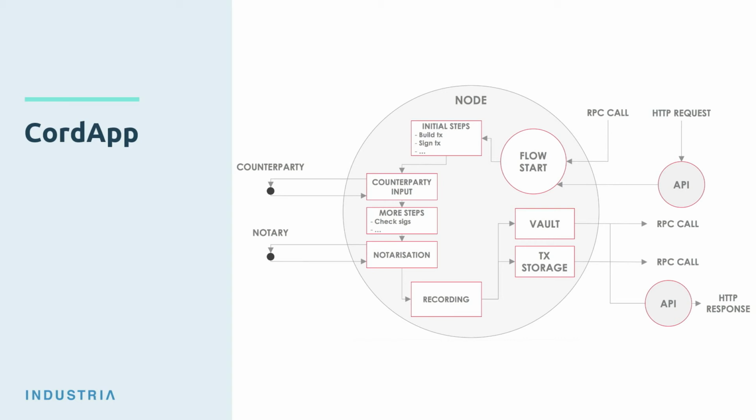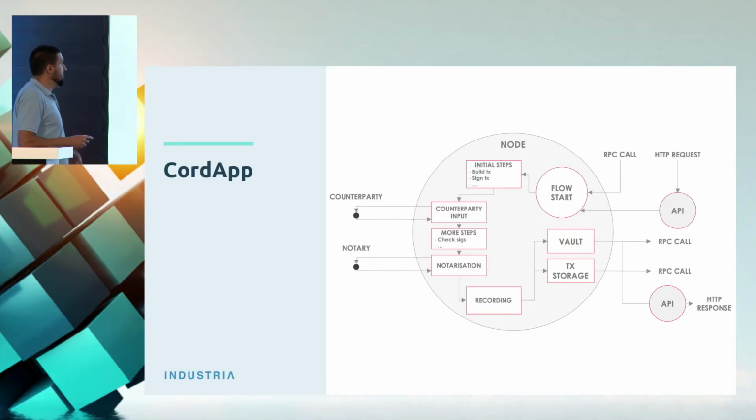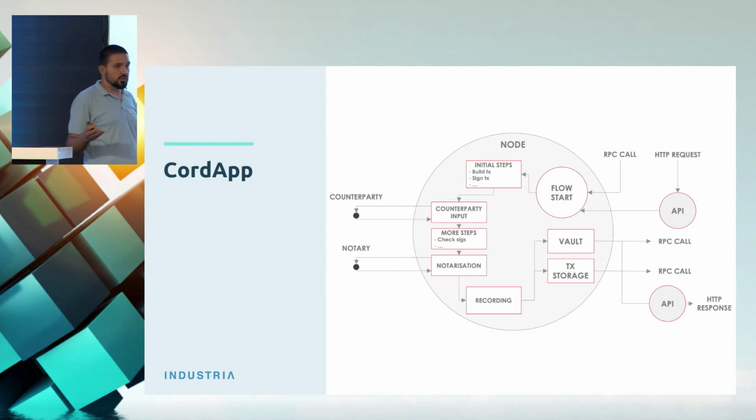This flow will start the process described earlier on. That will initiate the transaction, sign it, send it to the other node. The other node will do some logic, return the response. Then we can validate the signature of the other party. Then the information is sent to the Notary and so on, recording to the ledger. Through the RPC, the API interface is receiving this update and can return an HTTP response to the actual user interface